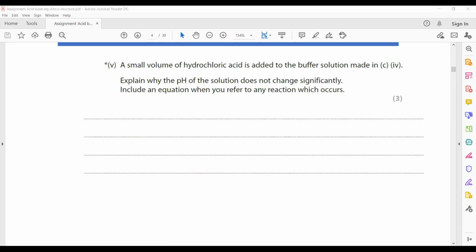First thing, a buffered solution is a mixture of weak acid and its salt. So what happened? Because it contained a reservoir of the lactate ion,